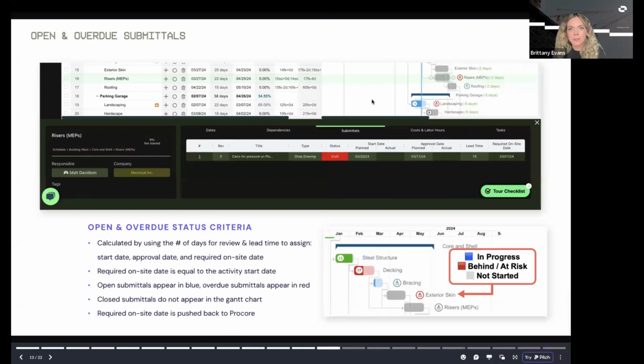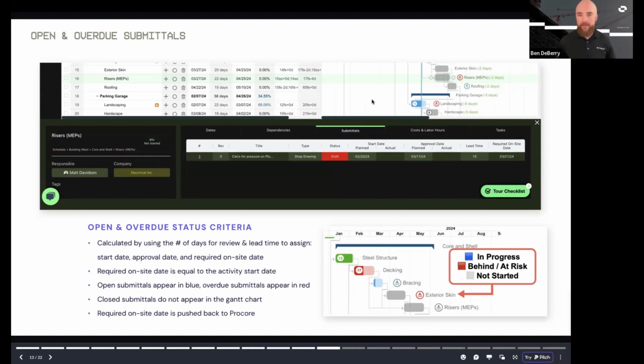So I'll just talk about the one I'm answering now from Michael. He said, what happens if you have multiple submittals linked to a schedule item? So I do want to address that. Currently on the Procore side, it is limited to a one-to-one connection. So one submittal per one master schedule activity. Right now there is not a way to attach multiple master schedule activities to one submittal. So I just want to clarify that.